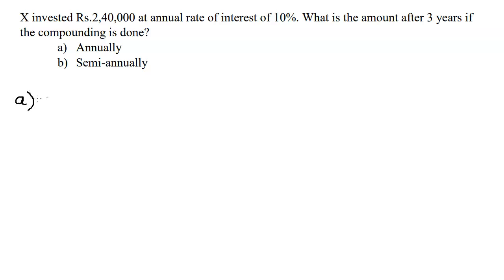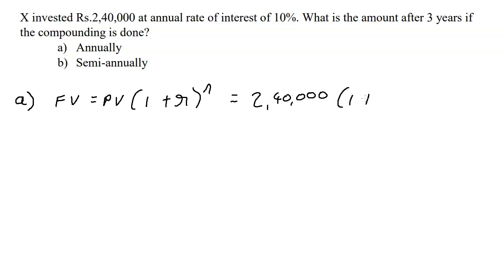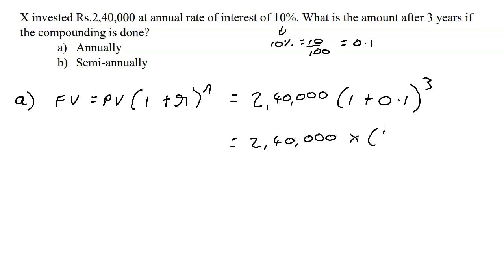So for part A, future value is equal to present value, open bracket, 1 plus r raised to the power of n. And we know that the present value is 2,40,000. We know that the rate of interest is 10%. And remember, 10% means 10 upon 100, which is equal to 0.1. So 1 plus 0.1 raised to the power of 3, which then equals 2,40,000 into 1.1 to the power 3, which is equal to